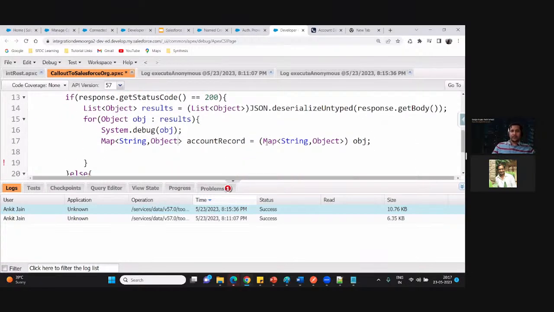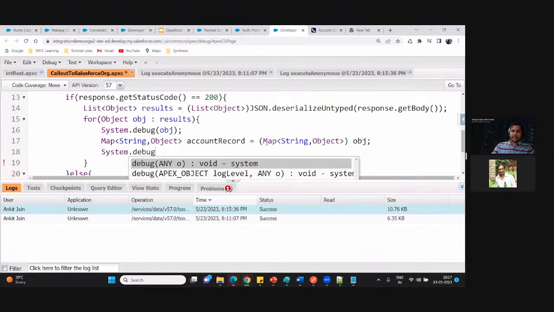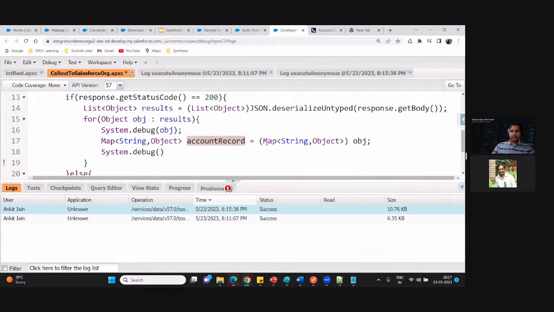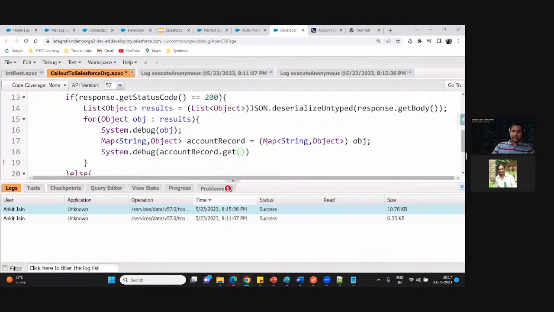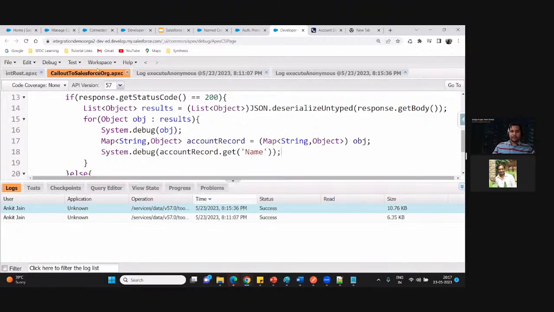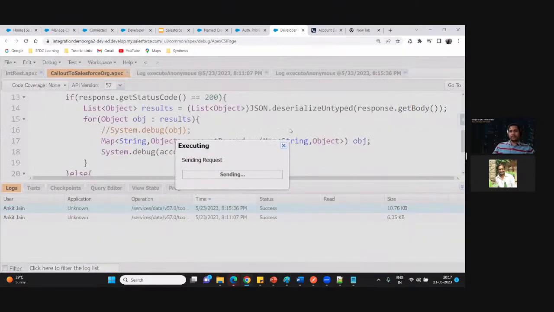After that it is very easy. From the map, the way we access the value, in a similar way you have to access the values as well. So let me put it into the debug. So let's say you have to access the dot get. Let's say you have to get the account name. So I'm putting the account name here. Let's say I'm only accessing the account names, whatever accounts I am getting, I'm just printing that account's name from here. Let me save this, and we'll execute it one more time. So let me comment out this now. It's not required. And I'm just printing the names now. So here I go, I'll execute one more time.